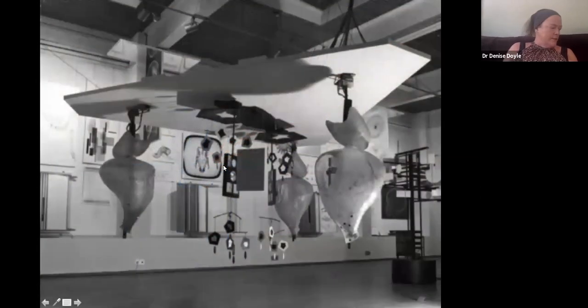So the exhibition itself featured the work of artists and scientists and really showed them on an equal footing. And it was the breaking down of barriers between disciplines that was an important factor of the exhibition. So machines were shown alongside artworks, and there was no differentiation made between the objects or the processes used or the materials or the methods used either, or between the background of the makers.